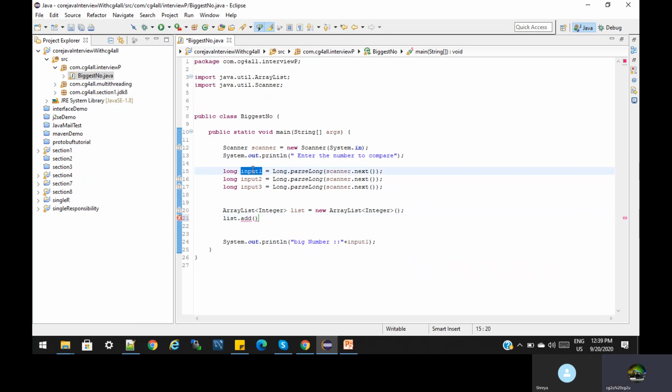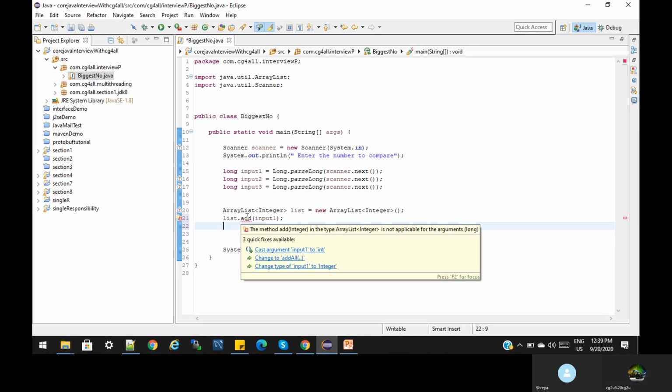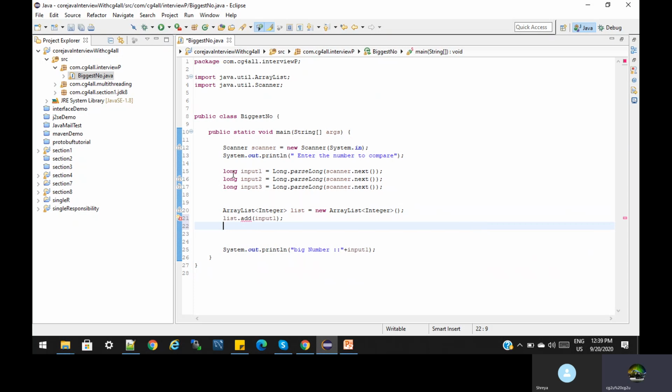We have to add the 3 numbers, right? I'm considering 3, but it should work for more than 3. Okay, so take it as long only. In the same way we have to add the second number and the third number.